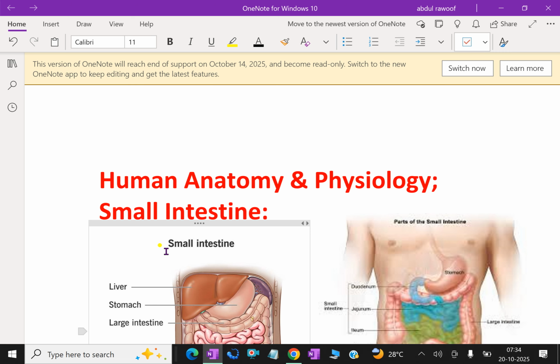Completion of chemical digestion of carbohydrates, proteins, and fats in the enterocytes of the villi. Protection against infection by microbes that have survived the antimicrobial action of the hydrochloric acid in the stomach, by both solitary and aggregated lymph follicles. Secretion of the hormones,